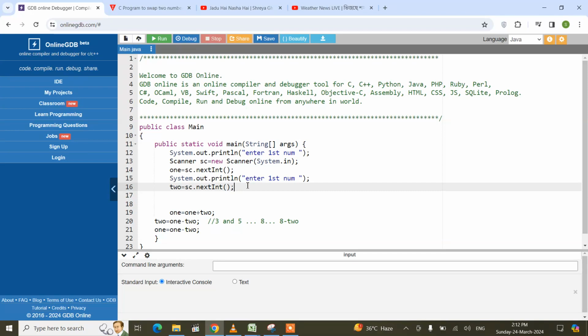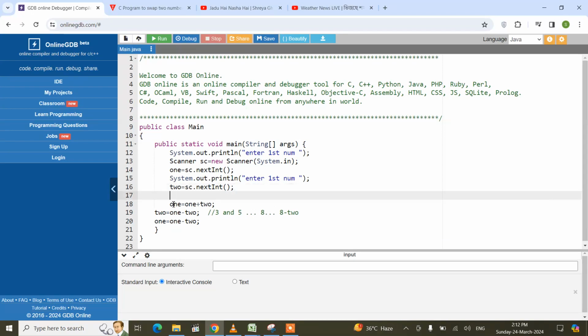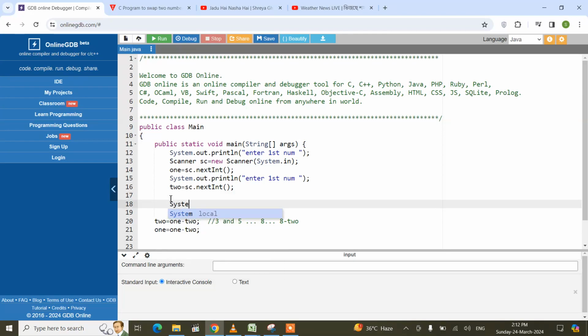Okay, so 1, 2, fine. The logic is in here. This one is the logic portion to swap the two numbers. This is the logic. So before that, we'll be having a sysout line here,